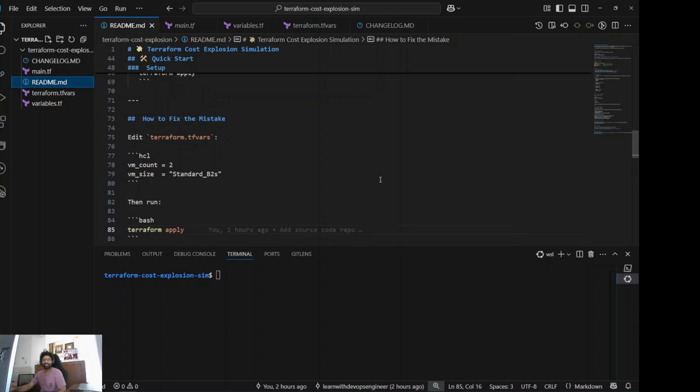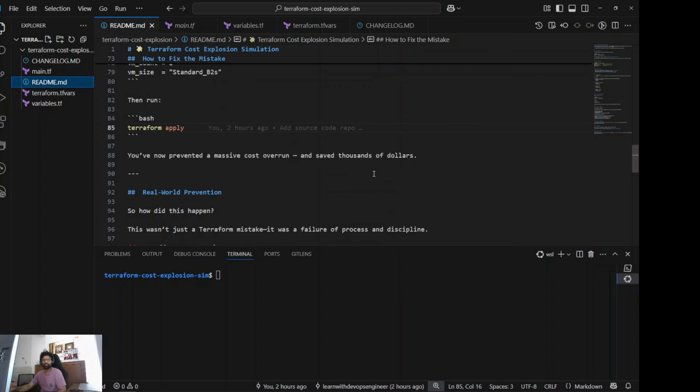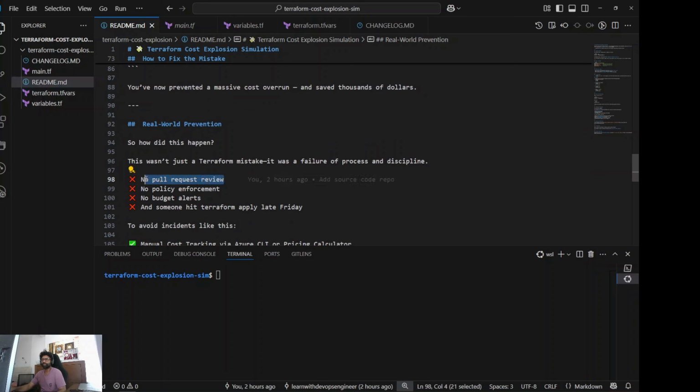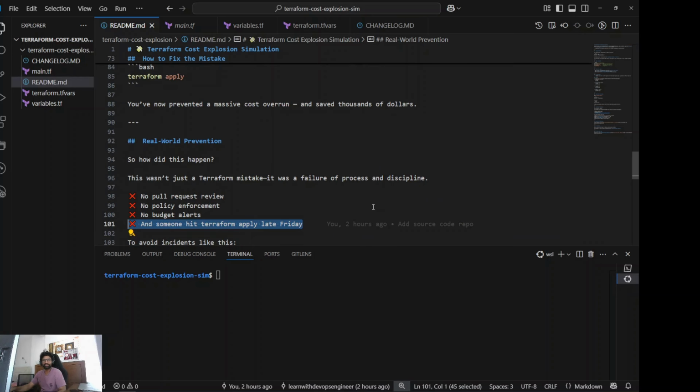So how did this happen? This wasn't just a Terraform mistake, it was a failure of process and discipline. No pull request review, no policy enforcement, no budget alerts, and someone hit terraform apply late Friday. That's the perfect storm. And yes, this is a simulation, but it's based on real world incidents I've seen firsthand